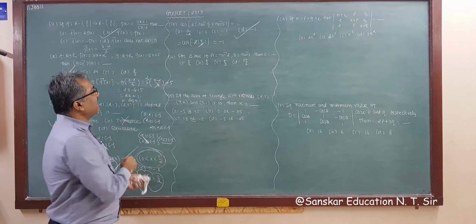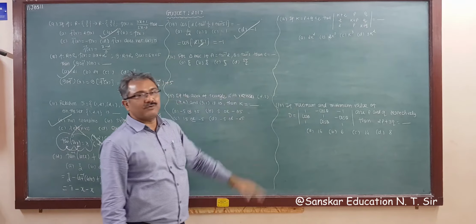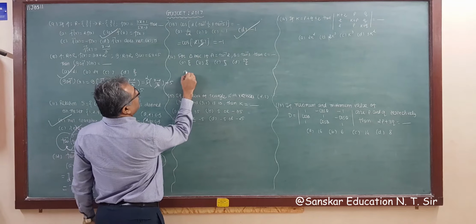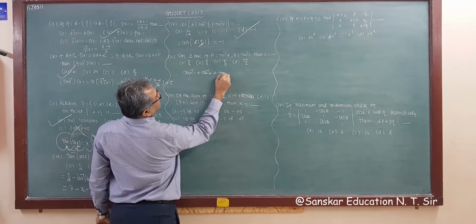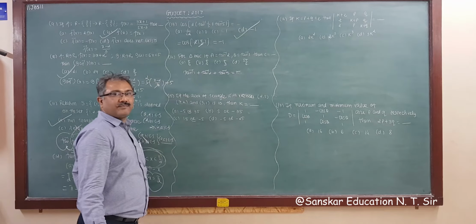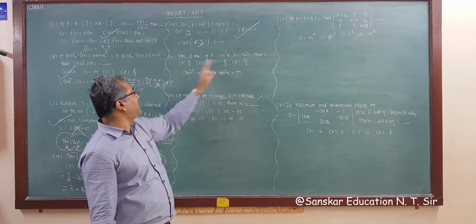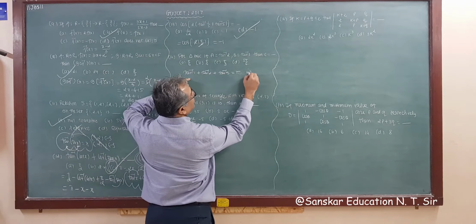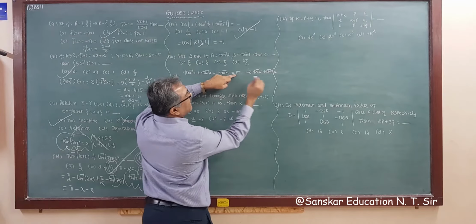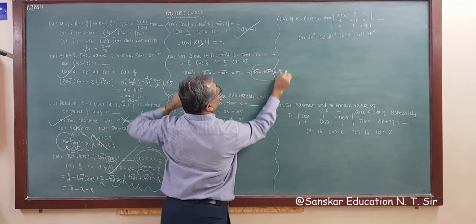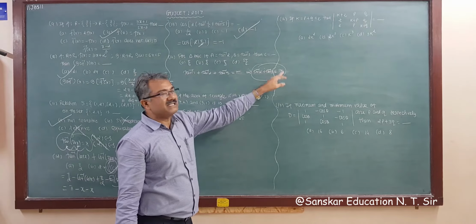Next question. For triangle ABC, if A is equal to tan inverse 2, B is equal to tan inverse 3, then C is equal to what? Now you know one formula: tan inverse 1 plus tan inverse 2 plus tan inverse 3 is always pi. Now what is given? Tan inverse 2 plus tan inverse 3. So tan inverse 2 plus tan inverse 3 is pi minus the answer of tan inverse 1, which is pi by 4. So this implies tan inverse 2 plus tan inverse 3 is equal to pi minus pi by 4, that is 3 pi by 4. So remember this also as a formula.